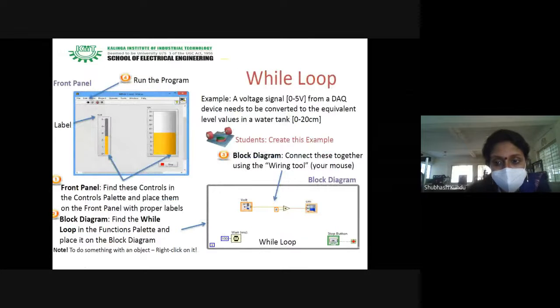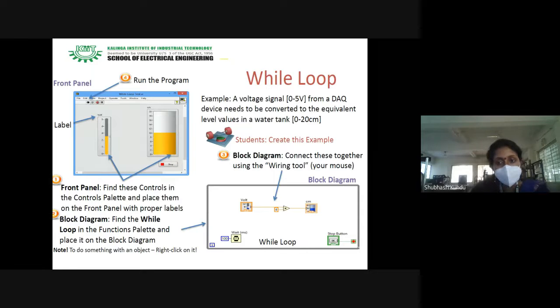Right? So one more example with the while loop. Suppose we want to control the level, right? So that is a voltage signal from 0 to 5 from a DAQ, that is the data acquisition device, which needs to be converted to the equivalent level of the water tank, that is 0 to 20 centimeter. Basically, we want to map this 0 to